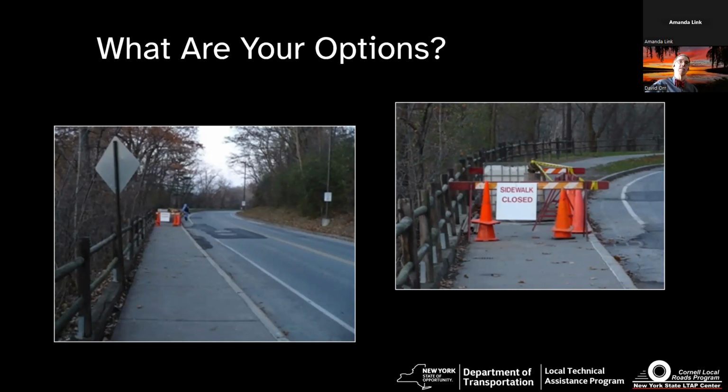What are your options? You might have to do a temporary pedestrian pathway. You might have to do a cone walkway. And you might even have to think about transitioning for access for those who are in a wheelchair or have to use a walker. So you can't just drop them off the curb. Okay. So you need to think about that. And are there other alternatives that you could have used to make that job easier?